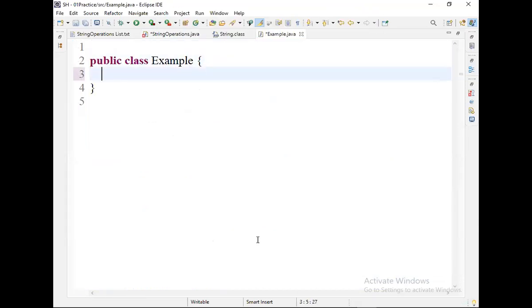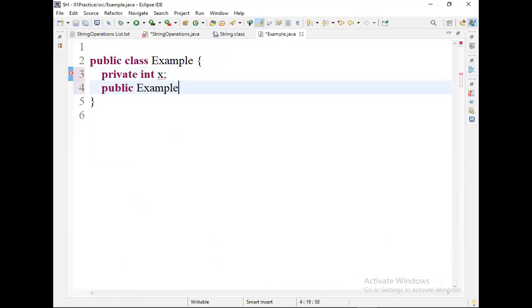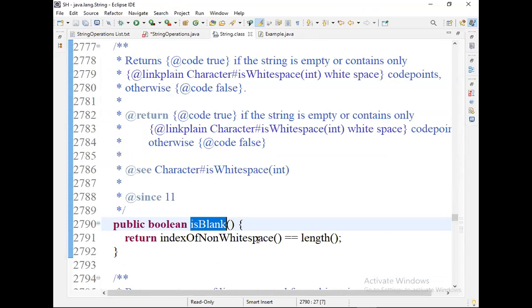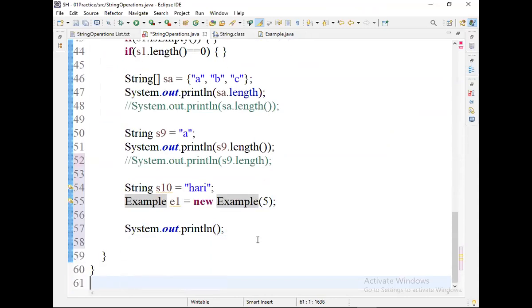Inside I'm creating one private int x, then a public constructor Example of int x, with this dot x equal to x. Now there is no error.